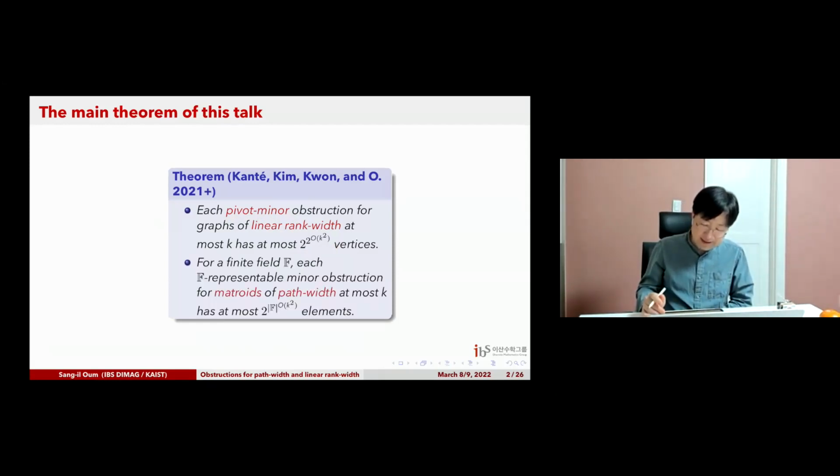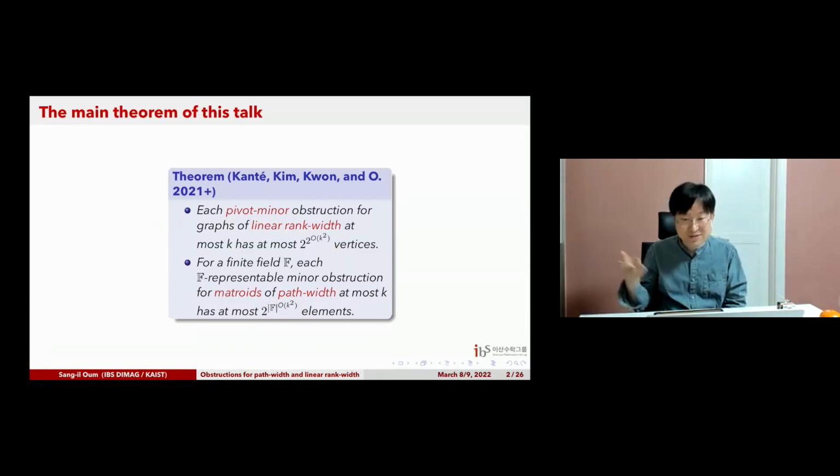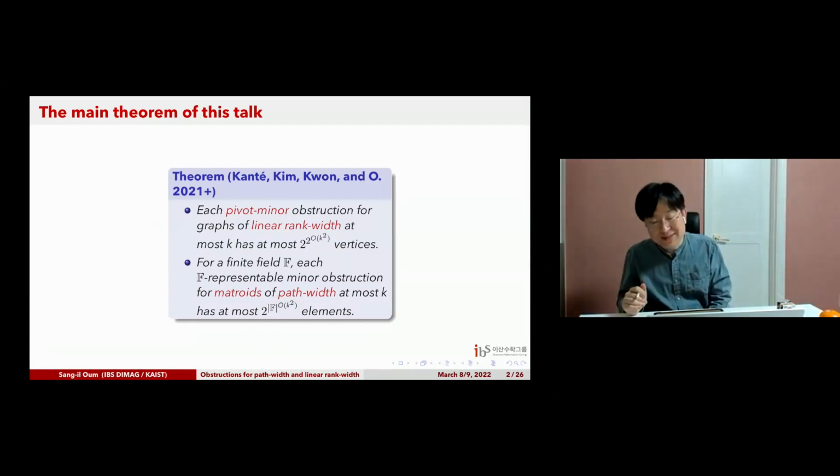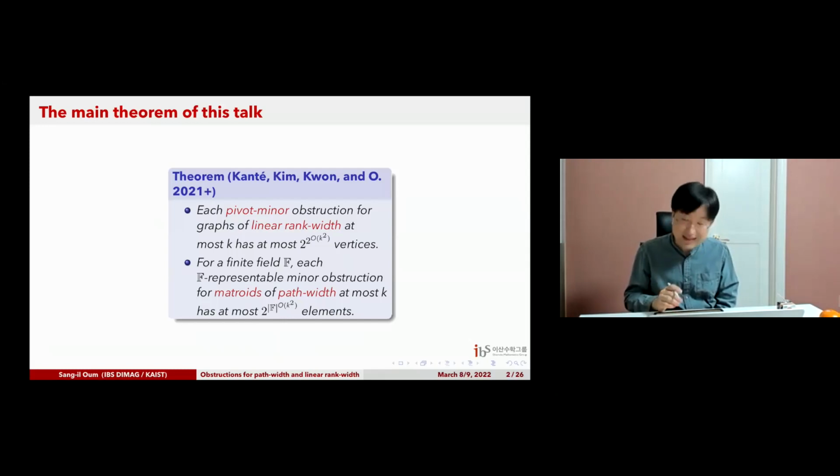And the second statement is that for any fixed finite field F, among all minor obstructions for the matroids of path width at most k, the F-representable ones have size bounded by this function: 2 to the size of F to the k squared elements. Right? So in both cases, we give an explicit function for the size of these. Okay, so that's the